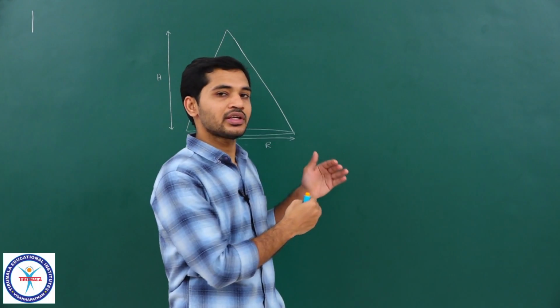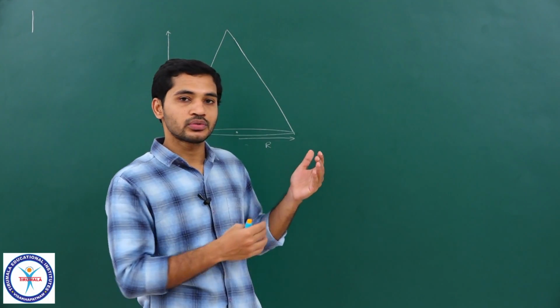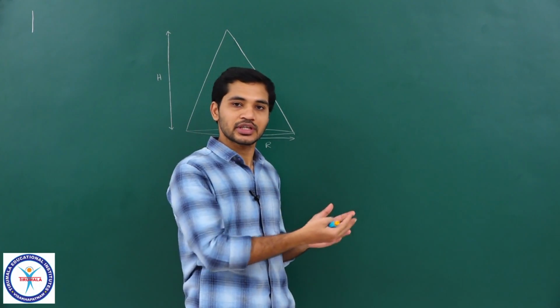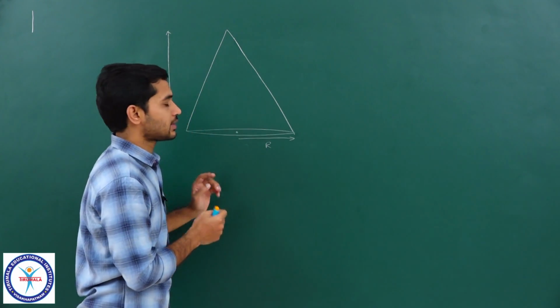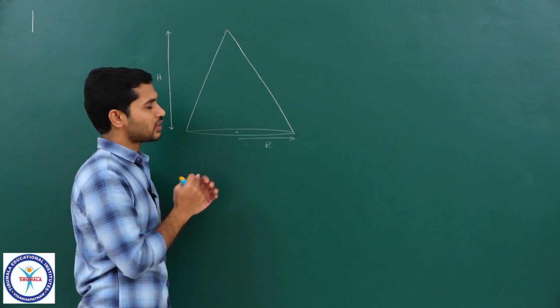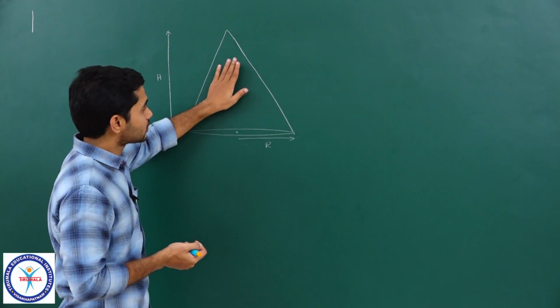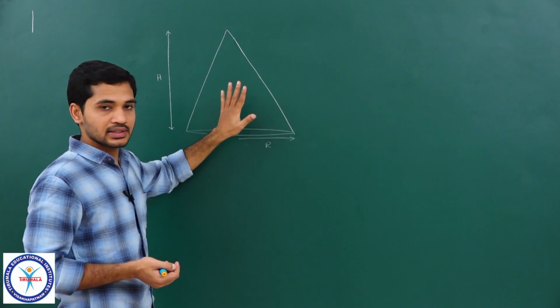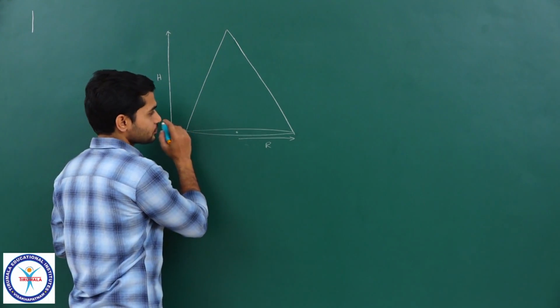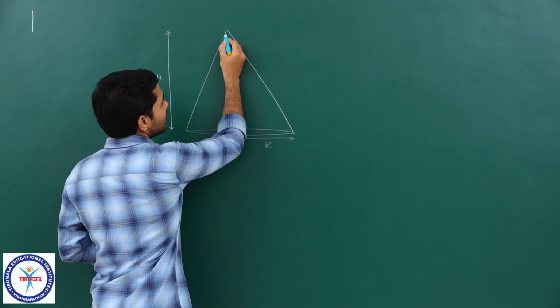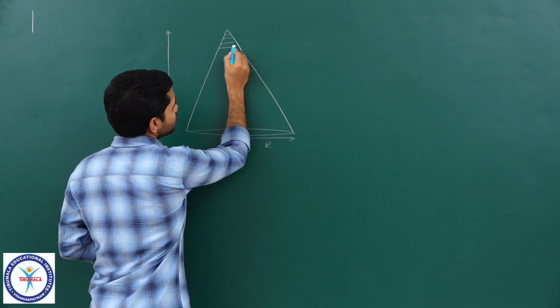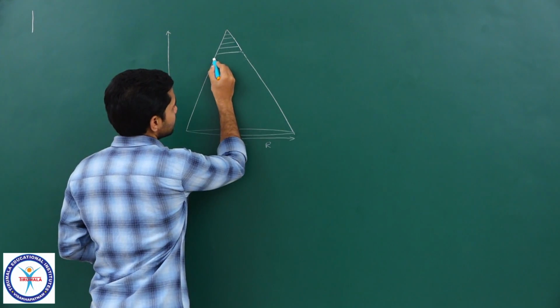Even what I am telling you now, if you are not able to think about it immediately, it is not a problem, clear? It will take some time. This is not that easy a thing, but try to understand it. What I am saying here is, if I have a cone like this, I am going to visualize that this cone is nothing but a combination of many disks. Please see here, this cone is a combination of many disks like this.